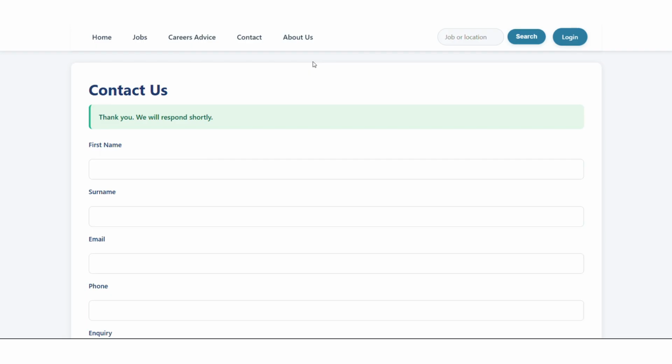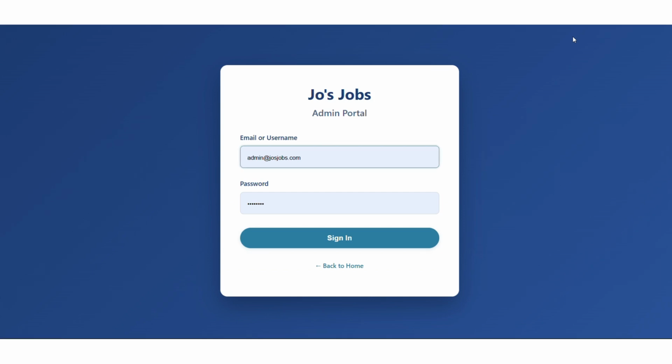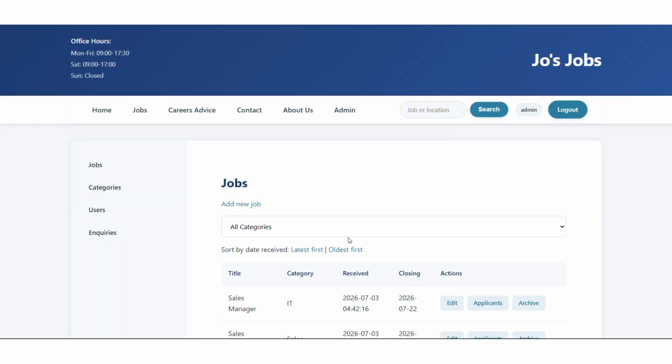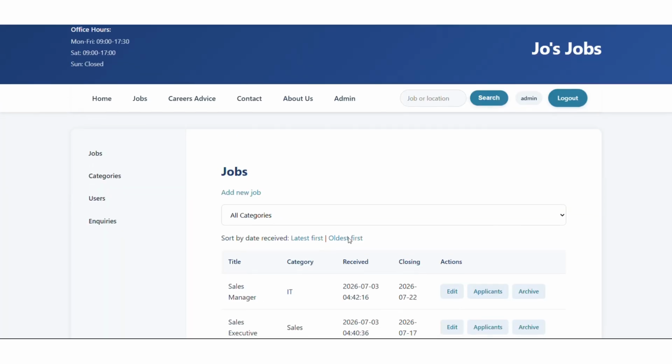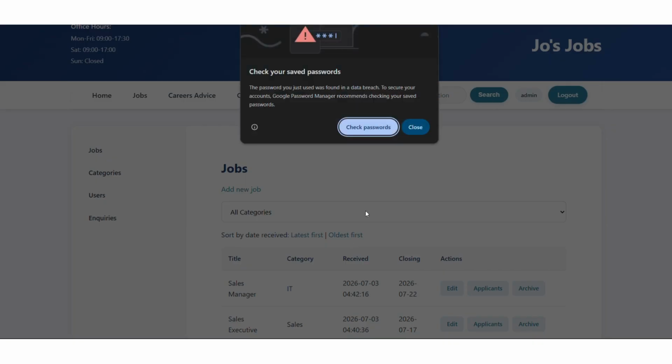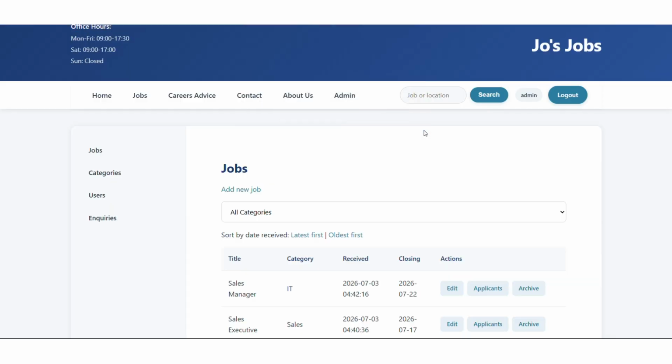Now let's look at the admin and client access control. I will log in as administrator first. You can log in by entering email or username and password.